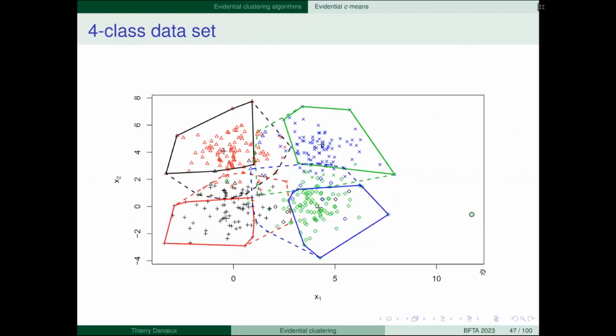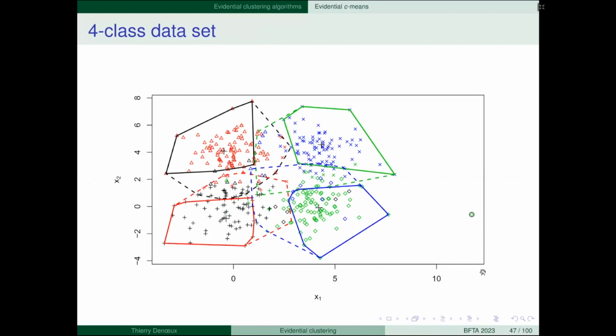This is a Thierry data set. Here we see what we get with a more realistic data set. There are 4 clusters, and here I plot the lower and upper approximations of the clusters. The lower approximation is the set of objects that surely belong to a cluster; actually, they are the set of objects for which a singleton cluster has the largest mass.